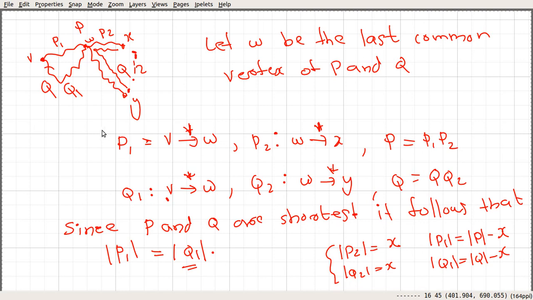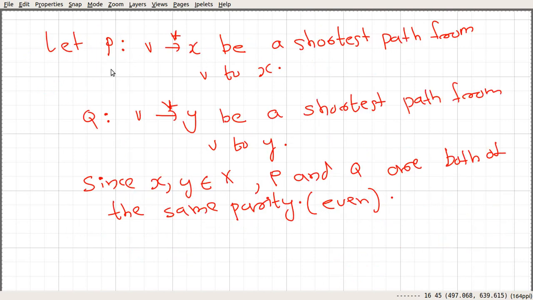Similarly, we can partition the other path: q1 from v to w and q2 from w to y. So q1 is this subpath and q2 is this subpath, and you can see that q is nothing but q1 q2. And since p and q are two shortest paths from v to x,